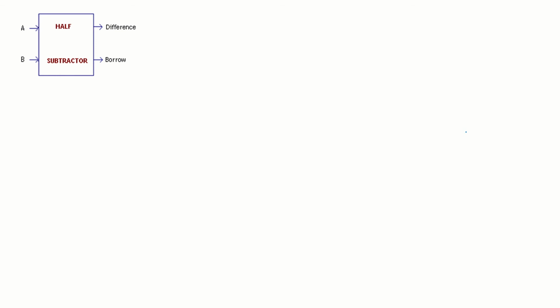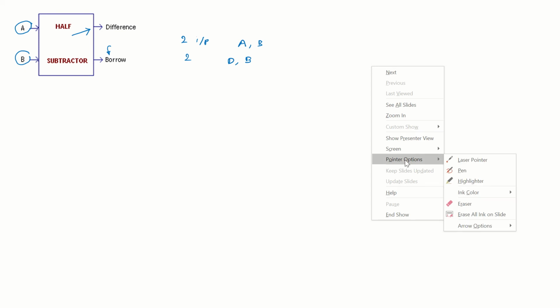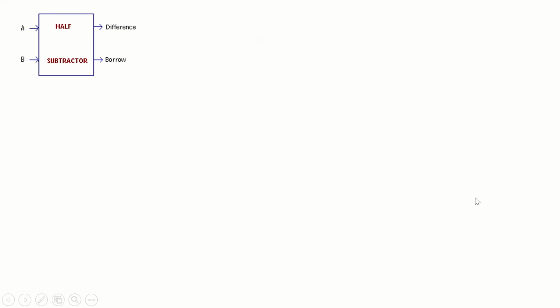like what we have done for the half adder and the full adder. Let's first understand what is a half subtractor. Half subtractor, as you can see here, it has got two inputs. One is A and another one is B. It will give you the difference for the A and B, and also when you subtract there could be borrow times. So there are two inputs, one being A and another being B, and there are two outputs, one being difference and another being borrow. This is what traditionally we have been taught from school. There will be borrow or there will be difference whenever we go with the subtraction operation. So it's no different here.